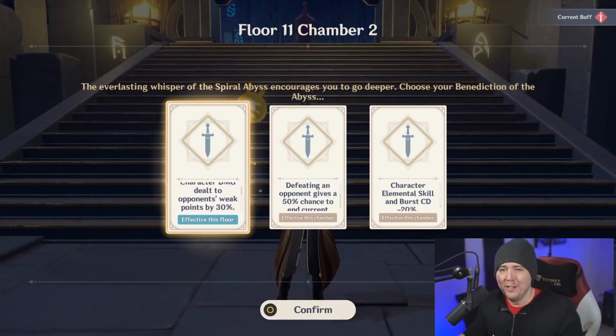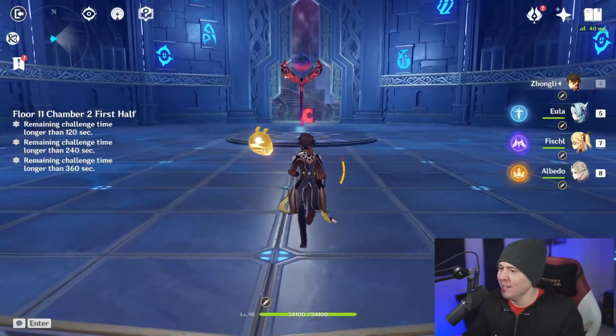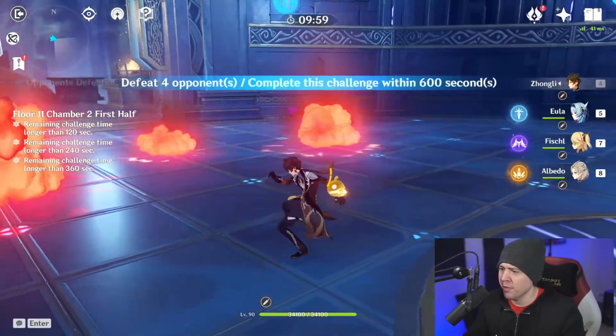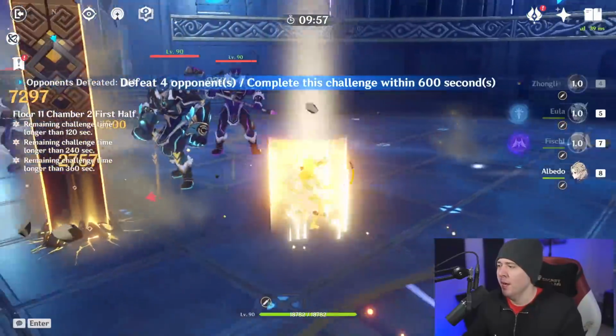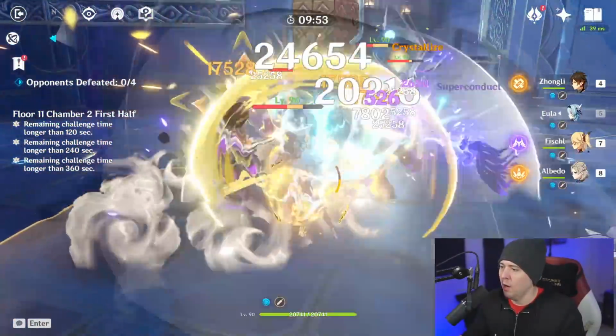So, yeah, getting all these weak point shots, man. Can Eula hit a weak point? I think everyone gets hit by a weak point when you're using Eula. But a lot of cool teammates that you can use with her. And this is kind of the team that I really like running with her. Albedo, Zhongli, Fischl. You have this giant, strong...